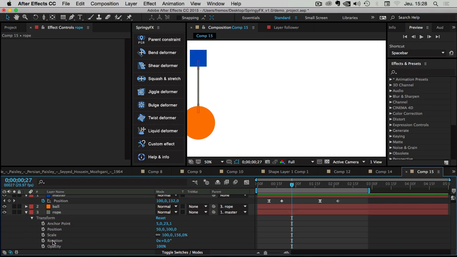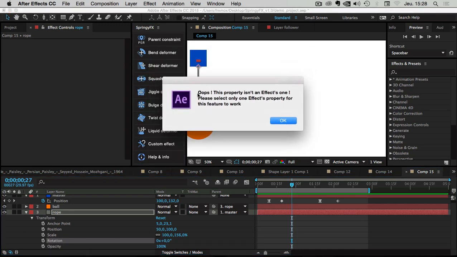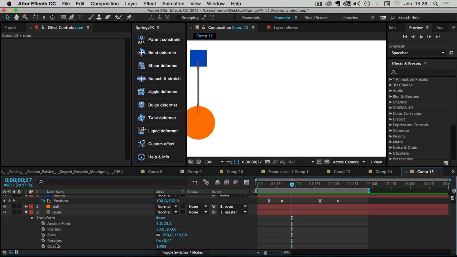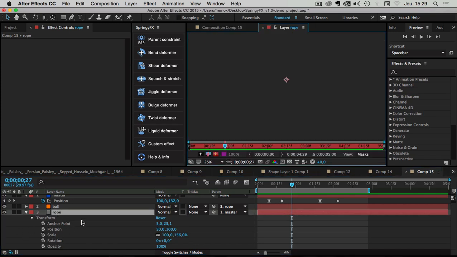If you try to click on the rotation and click on the custom effect, you'll have this message pop up, and it's totally normal. This property, the rotation, isn't an effects one. So you have to cheat a bit if you want to do the bouncing rotation of the ball. You have two possibilities. First possibility, keep in mind that all the transform properties here can be replicated with the effect